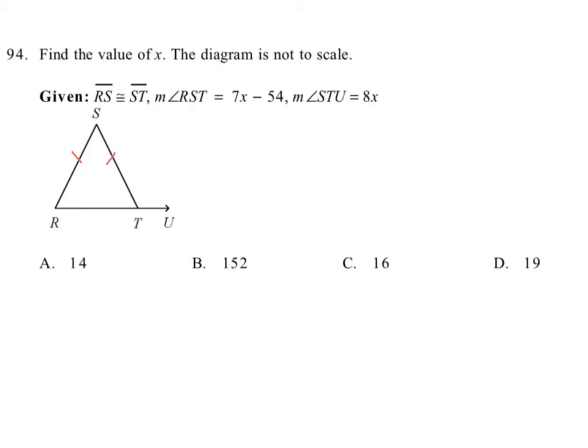Measure of angle RST, this vertex angle. What is the measure of that? Measure of that is 7x minus 54. Now they tell us that the measure of angle STU, it's this angle here, is 8x. And we know this is a little bit of an interesting problem. We know that,